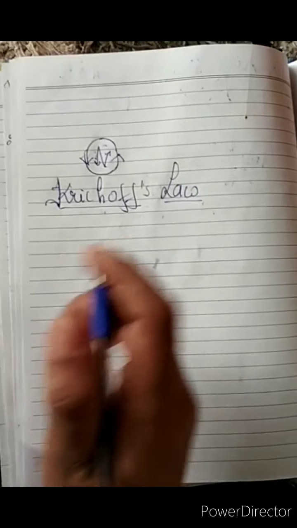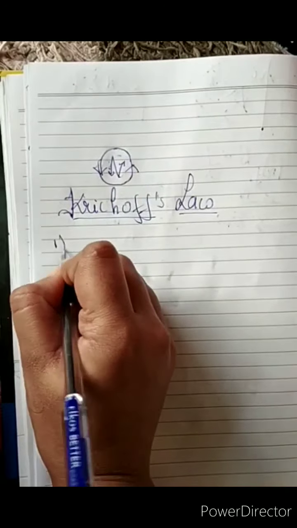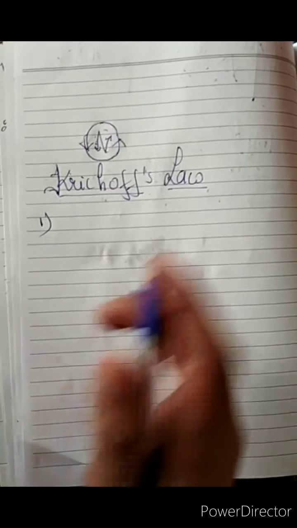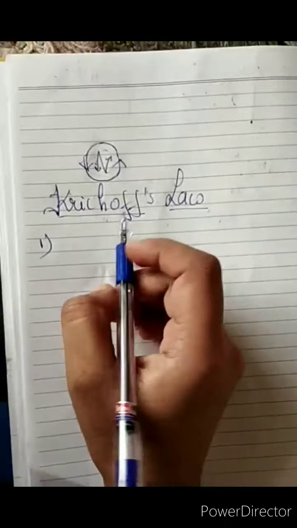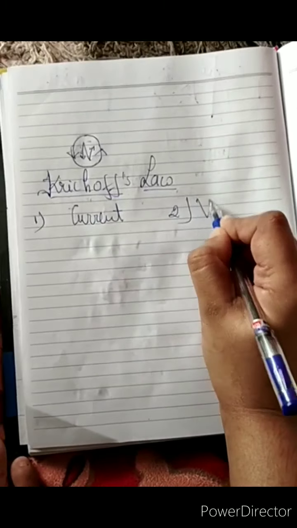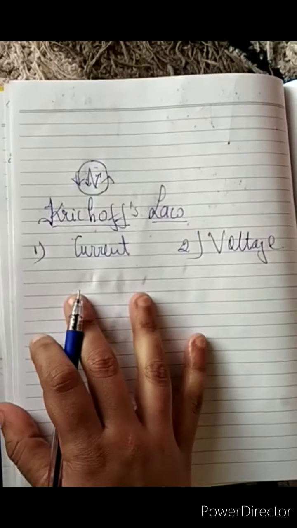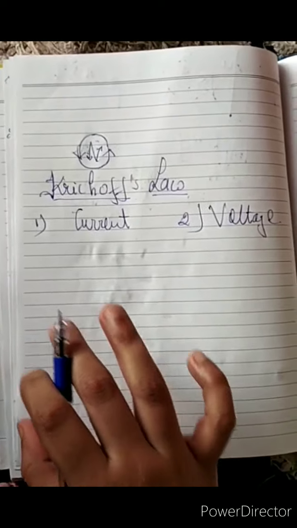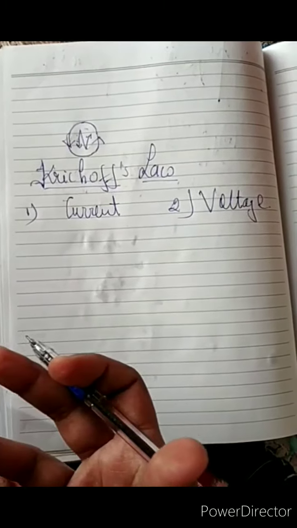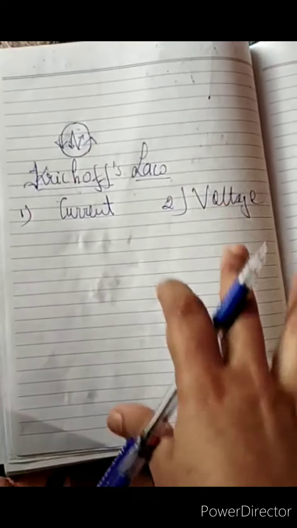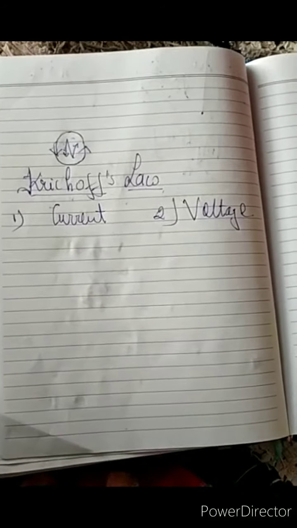Kirchhoff law. Basically, the scientist Kirchhoff has given two laws, one about the current and the second one about the voltage. First we understand what the current law is and then the voltage law, and then with the help of some live network problems we'll understand Kirchhoff law very well. Okay, we have so many examples.